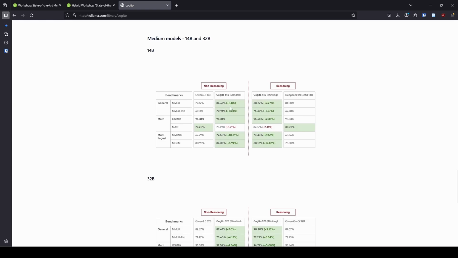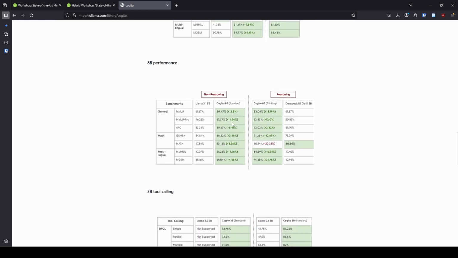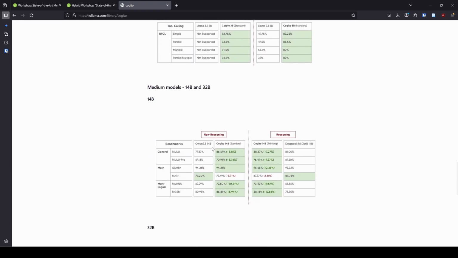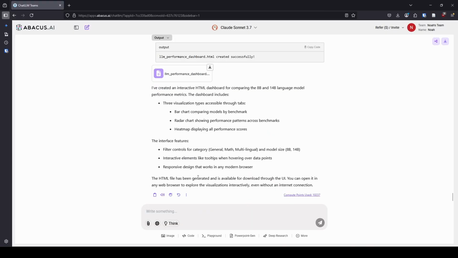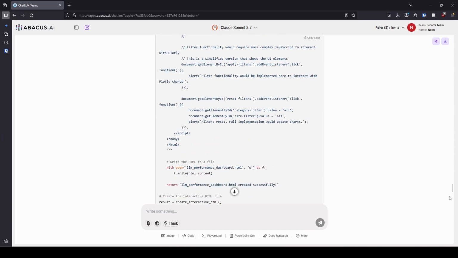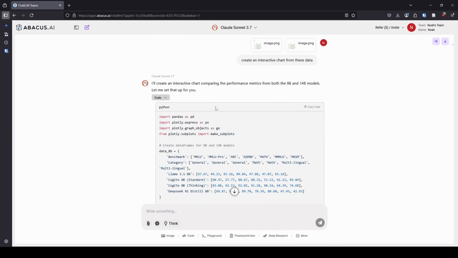So the other thing that I noticed about this, and this is just kind of a side tip here, I find it really challenging to remember all these numbers in my head and then compare them to all these other numbers. So what I did is I went over to Chat LLM and I simply asked Claude 3.7, I said, create a chart. I'll actually show you my chat here. Okay, that's why I was confused. Sorry about that. So let me show you what I did. I just said, create an interactive chart from these data, and I took 2 screenshots of the benchmark scores.